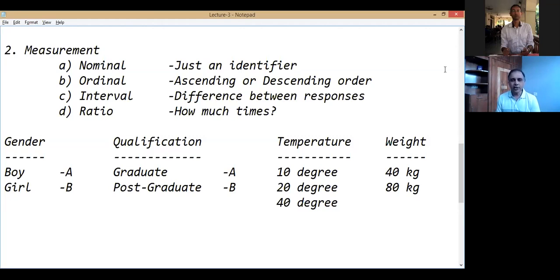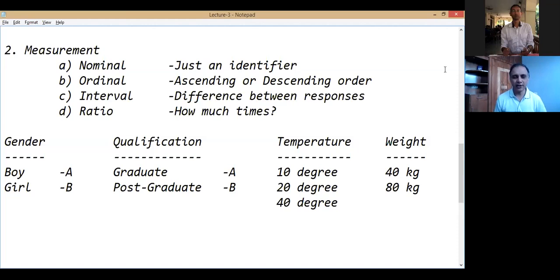Experience: up to 10 years, up to 20 years, up to 30 years. So we will say any person who says my experience is up to 30 years will certainly have more experience than the persons clicking on the first two categories. And the beautiful thing here is, if a person ticked the third one, up to 30 years, can you tell me what is the exact experience of that person in number of years? No, you can't tell, but you can simply say that whatsoever it is, it is more than the first person who ticked the first category of up to 10.